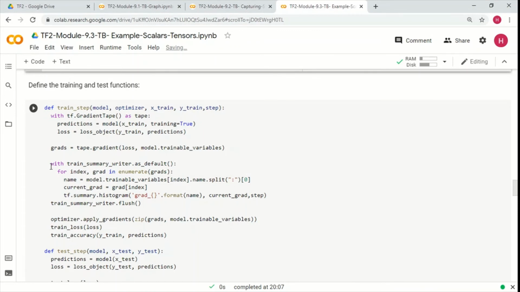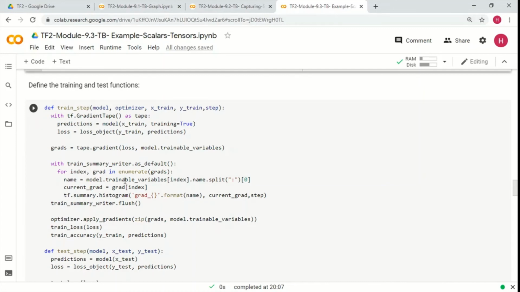This is something which is not available out of the box in TensorFlow 2, so this is one of the examples of how we can capture the gradient. We take these grads and iterate through them, so we get an index and individual gradient, and then essentially we log it using an index.